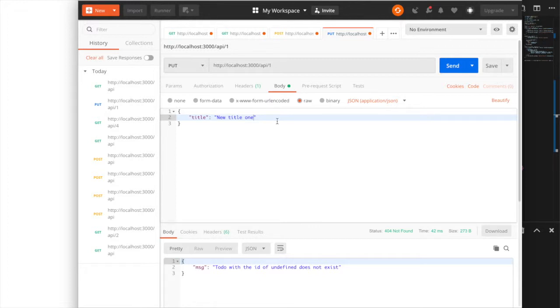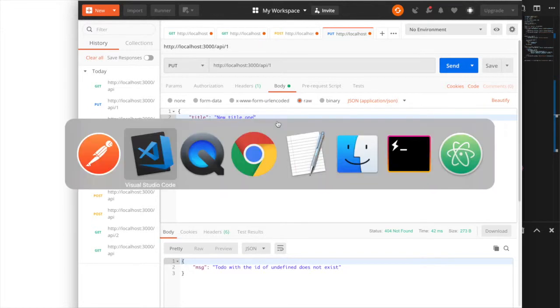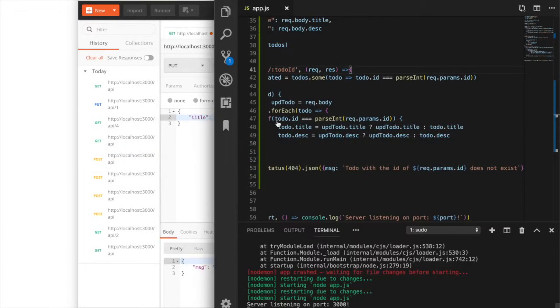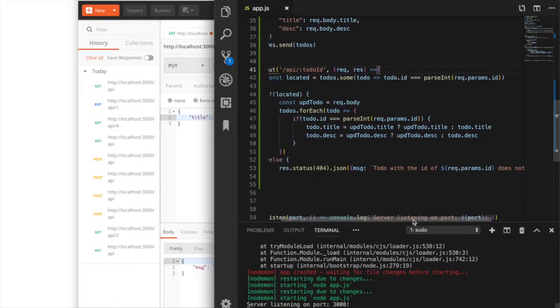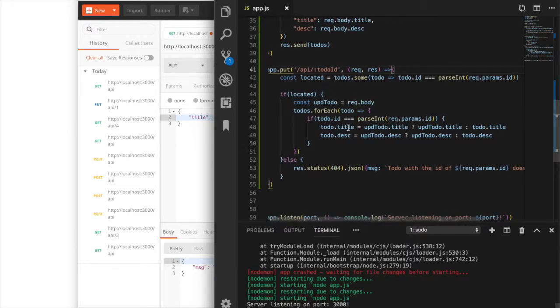Todo with ID of undefined does not exist. Let's see. If todo.id equals parsing request params.id,